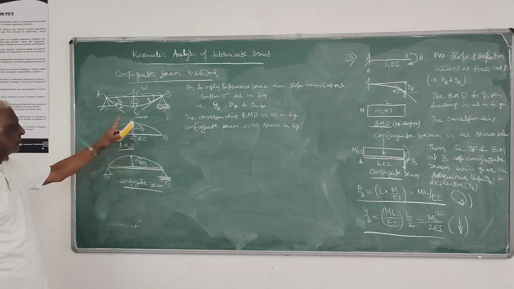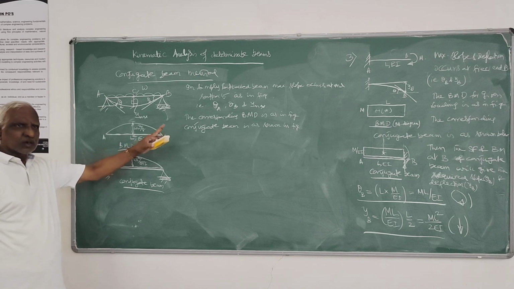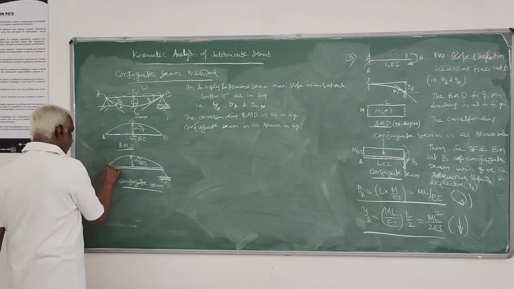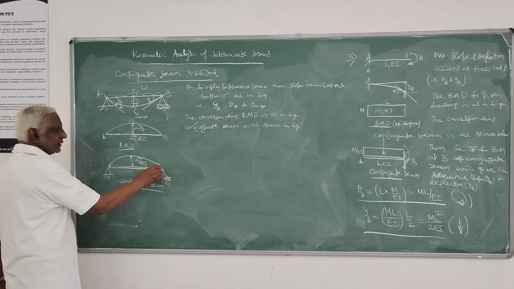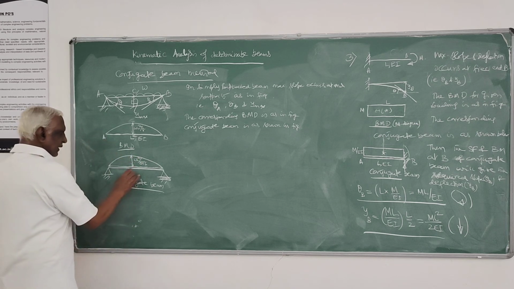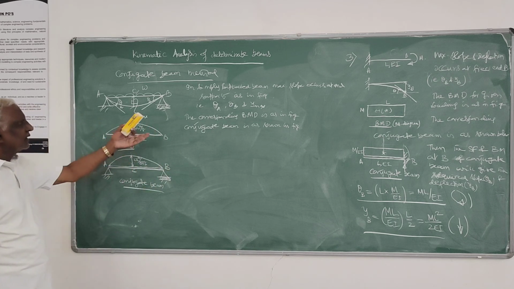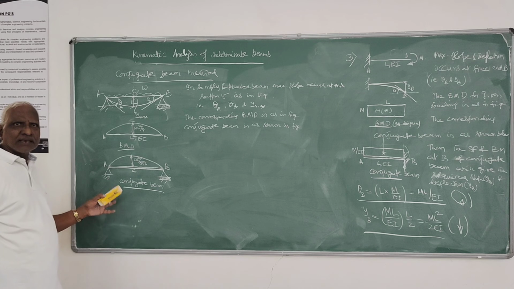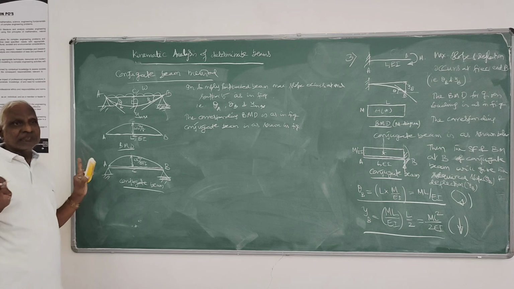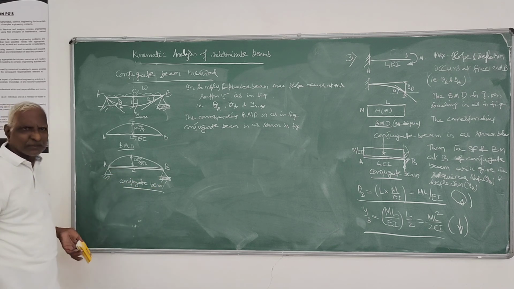So the shear force and bending moment at the point where you have to find the displacement. At that point you find shear force and bending moment. That means you find the shear force at A, shear force at B, and bending moment at C of this conjugate beam. You will get theta A, theta B, and Y max at C with these directions. If this is clear, then you know how to find shear force and bending moment.